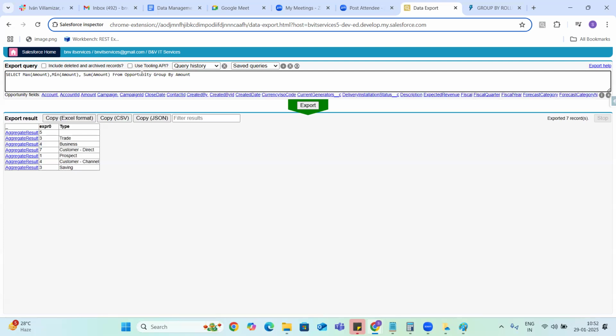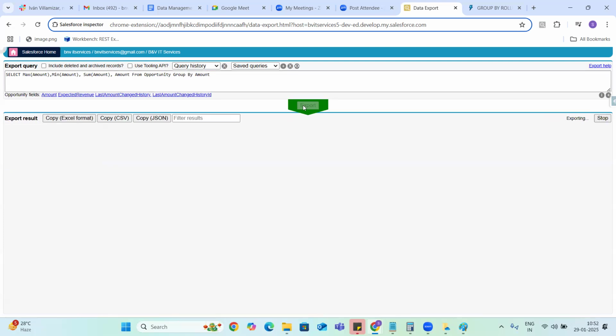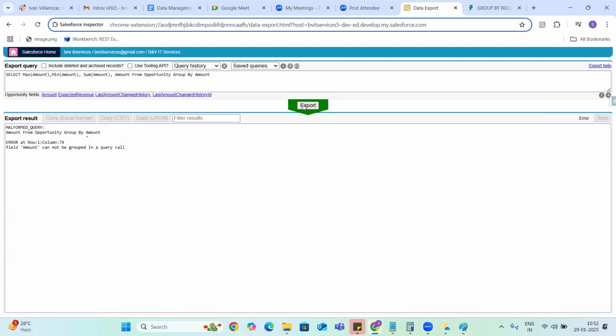And if we want, we can query that amount field separately so that we can view with our eyes what the amount is. Field amount can be grouped in a query call.